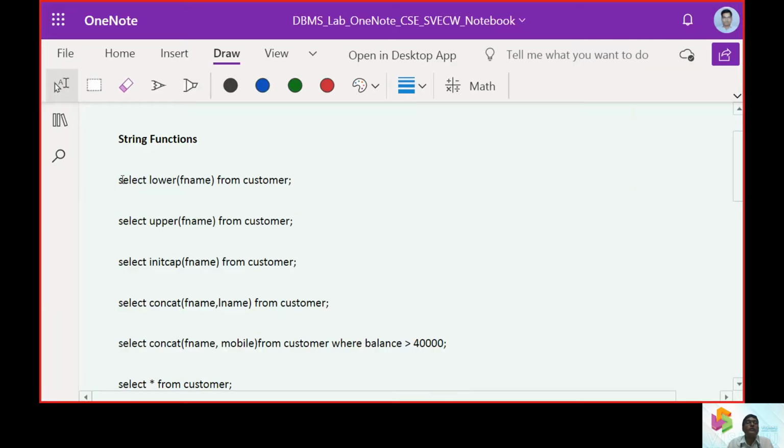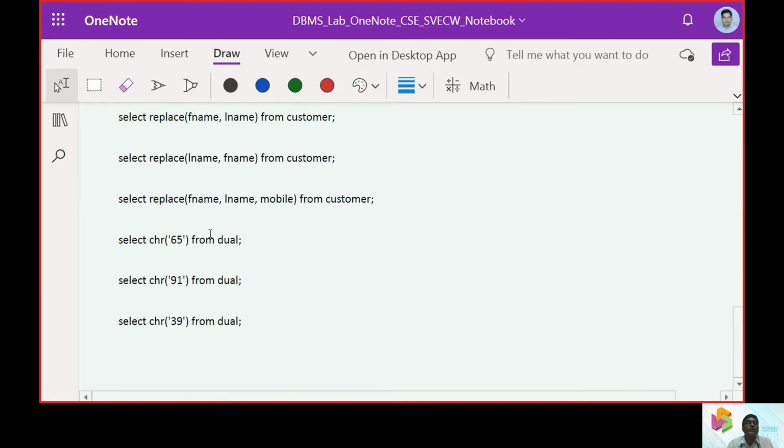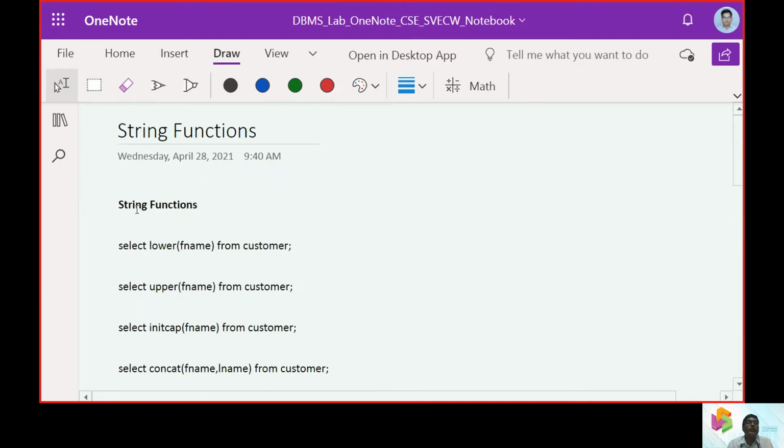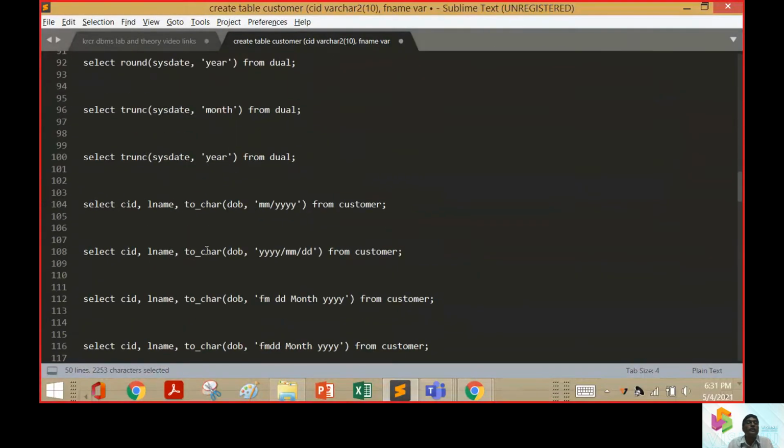Now I want to put the things in lowercase, then I want to put them in uppercase, then I want only the initial letter to be a capital. So in this model, we can look at how it can be done. We will look at these values here.